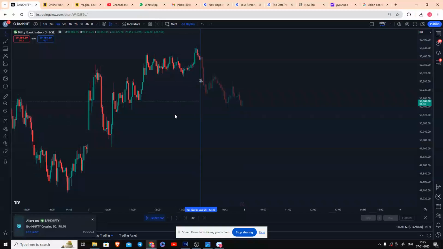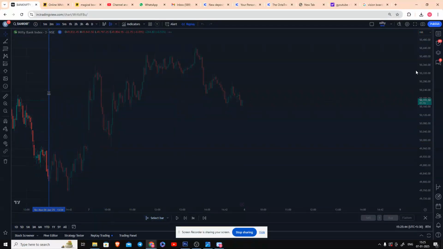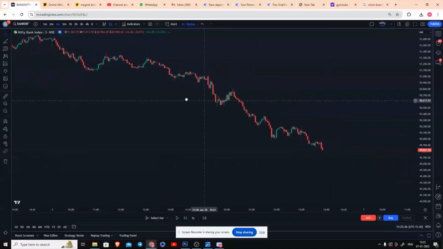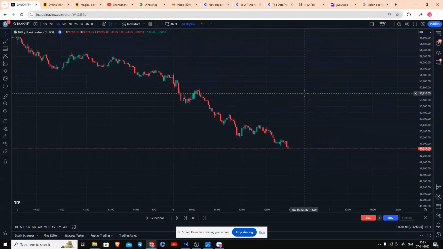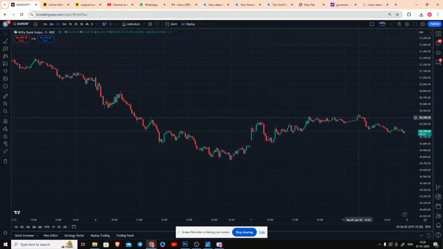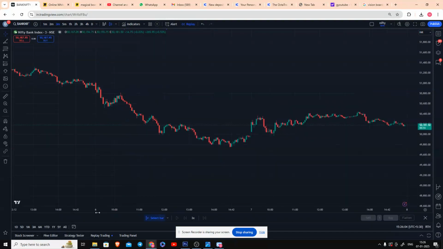And replay mode is one of the beautiful modes of TradingView, because people who tend to backtest more, they get to know the importance of this replay mode. So basically I do this a lot for backtesting different indicators and my strategies. So when I click on replay mode, you can basically select whichever bar you want to go back to.